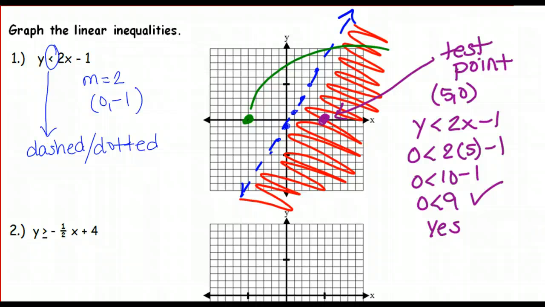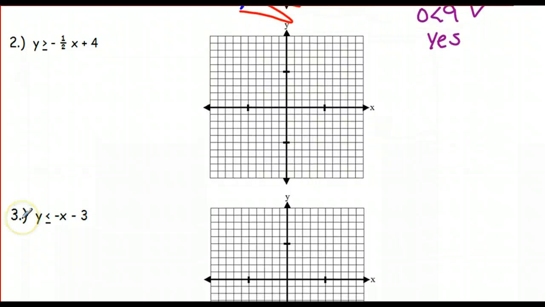All right, let's go ahead and look at example number 2. First thing we want to do is identify the slope. Our slope is -1 over 2, and our y-intercept is 0, 4. First thing we do is plot our y-intercept. So there we go. And then we're going to use our slope, down 1, right 2, down 1, right 2, down 1, right 2. And again, I like to do as many points as possible because it makes the graph more accurate. So I can also go up 1, left 2, up 1, left 2,